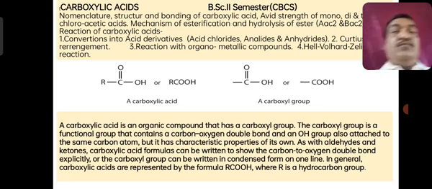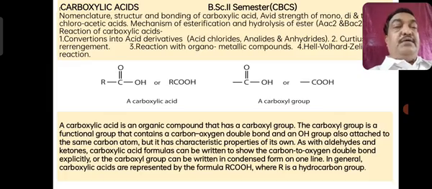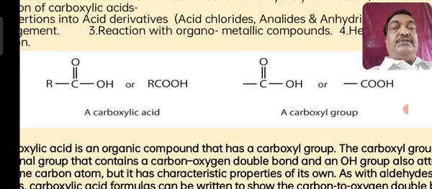Now in carboxylic acid, RCOOH, they have mentioned naming, nomenclature, structure, then conversions. There are 4 different conversions in your syllabus. So before all these things, let me start directly. What is a carboxylic acid? RCOOH. Here there is a carbonyl group, C double bond O, attached to a hydroxyl group. That COOH group is called a carboxyl group. COOH attached to either an aromatic or aliphatic hydrocarbon results in carboxylic acids.